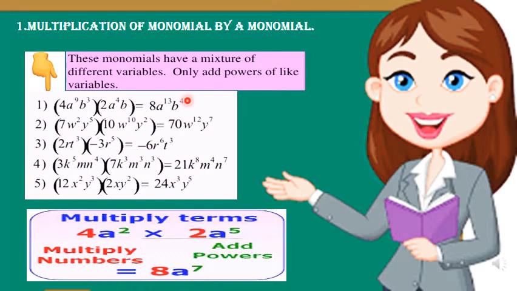So hope it is clear to you all. In this way, if two monomials are given, first you will multiply the sign of the numbers in both the cases, that is the numerical coefficient of the variables. Then you will multiply the numbers. After that you will multiply the variables. In case you have same variables with different powers, you are going to add the powers. This is how you multiply monomial with a monomial. There are few more examples here.